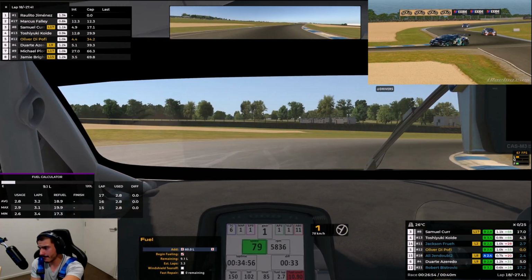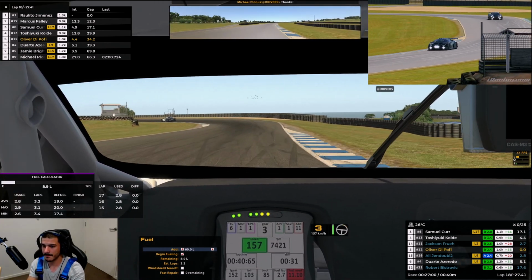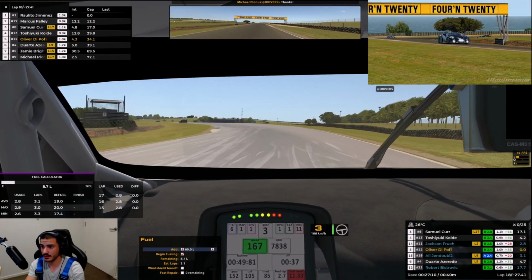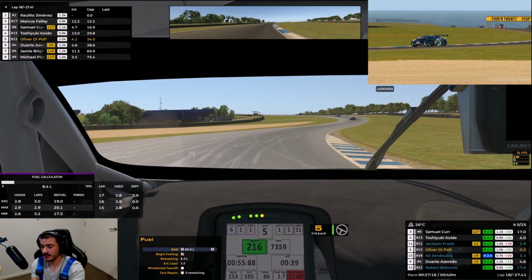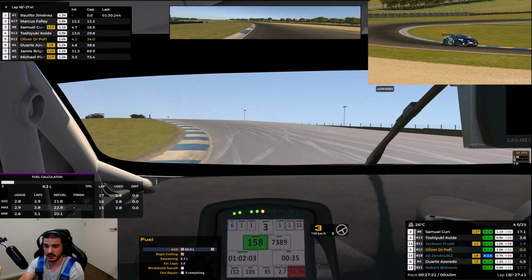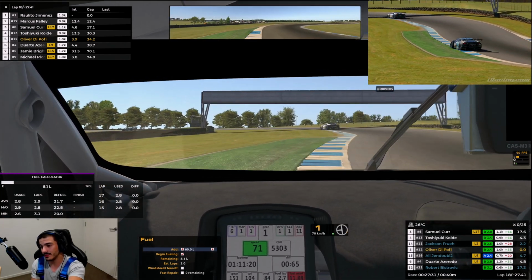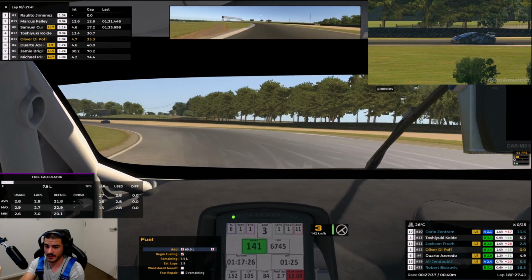Okay, Oliver, 5 minutes of fuel remaining. 5 minutes. I might go late and see how it pays out, see whether a quick splash and dash right at the end will be beneficial to me, because I'm sure Duarte will catch up to me and he'll overtake me as I'm in the pits, if not before the pits. But I feel like if I can just go in, absolutely nail my pit stop and not make a mistake on pit entrance and give myself a 40-second time penalty, I should come out in 6th or 7th, and I'll probably be battling. It's going to be real easy for Duarte to get past me when I'm doing silly...